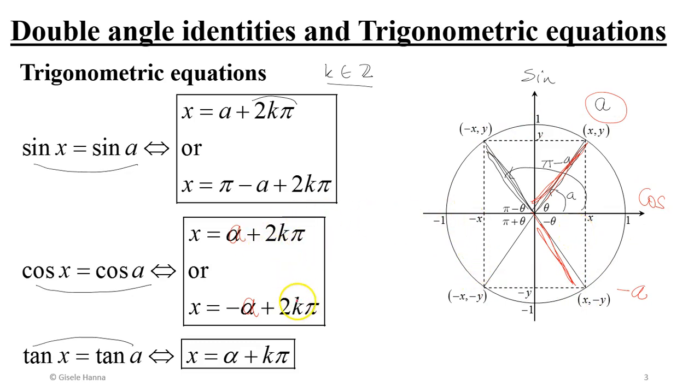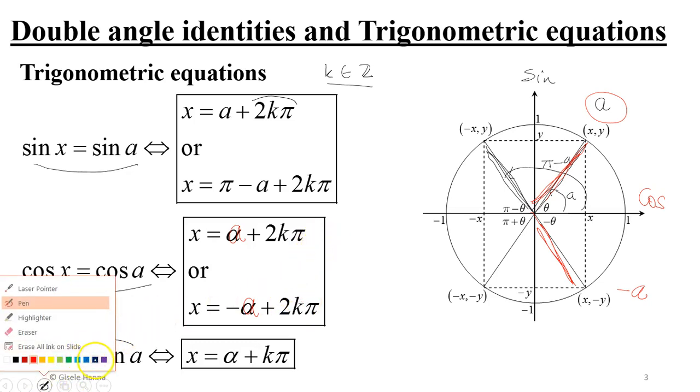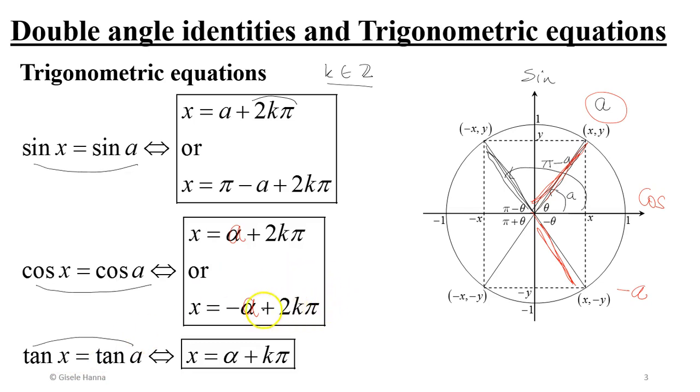So this is why we do add the plus 2k pi to the angles. Now, if we were to find the rule for tan, if I have tan x equals tan a, of course, tan x equals tan a when x is a, that's the first case. And the second case: